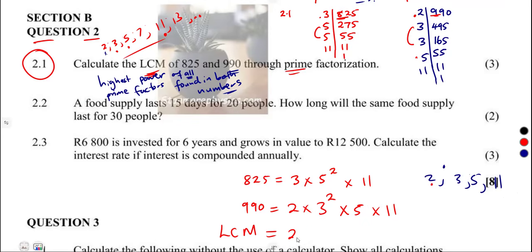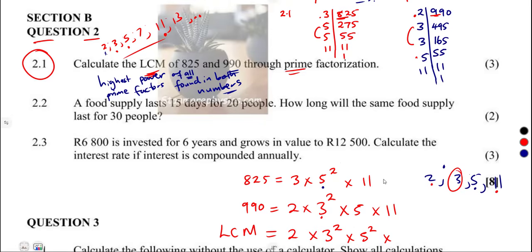So that is 2 times 3. Where do we have the highest power on 3? It is 3 squared. There is a 3 here, but we have got another 3 raised to the power of 2. So that's 3 squared times. The next prime number is 5 according to what we have on these numbers. There is a 5, but which one has got the highest power? 5 squared, 5 to the exponent of 2. All right, times